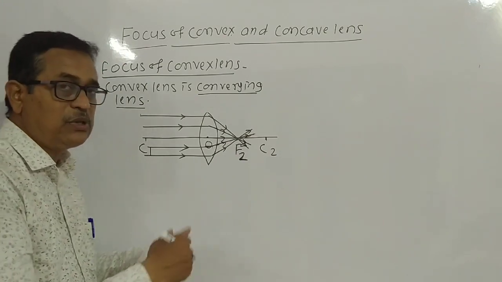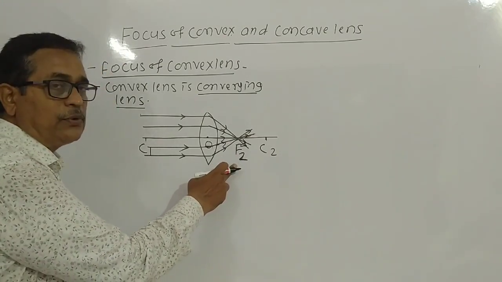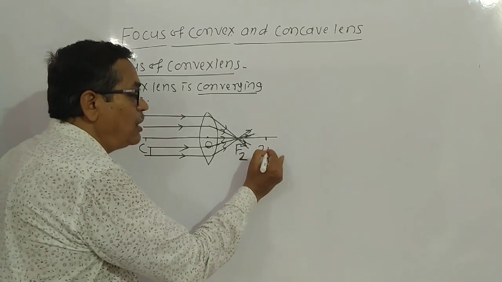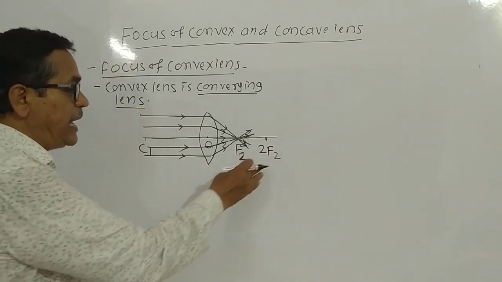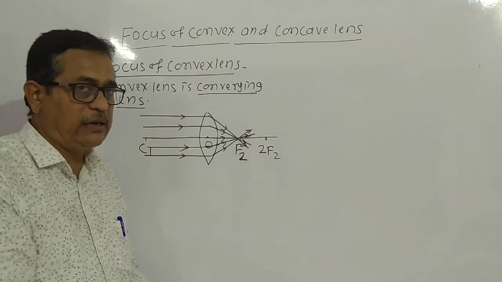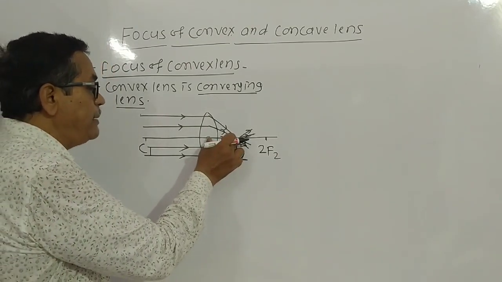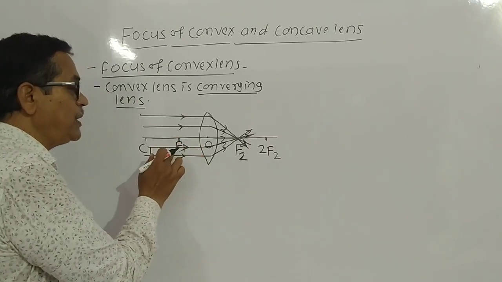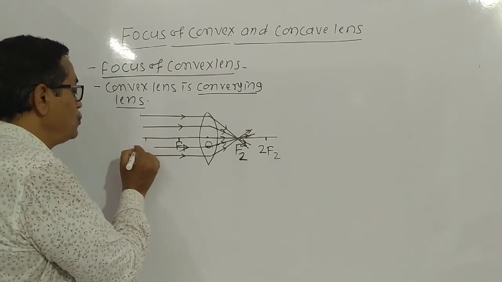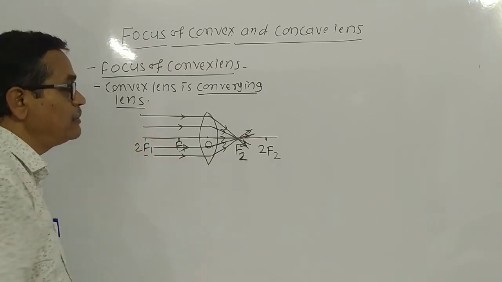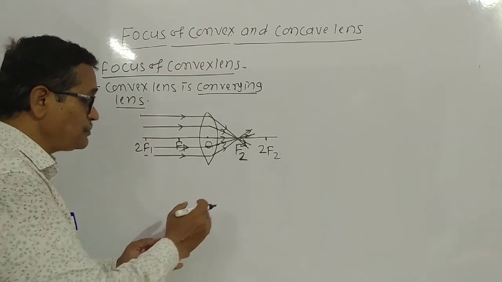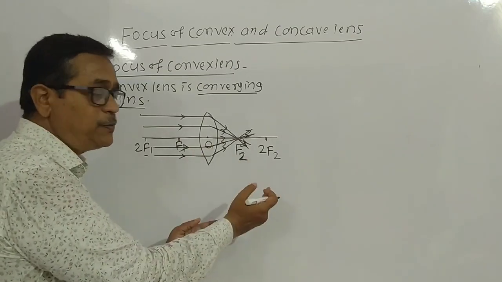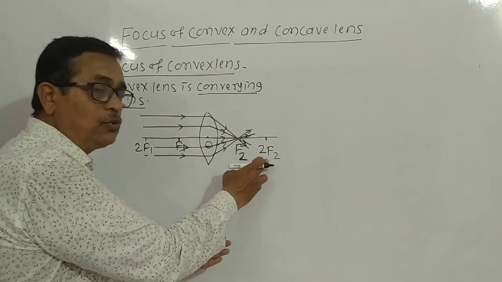The focus of convex lens in the second sphere is called F2, and that C2, the center of the second sphere, is called 2F2. Same for the first sphere, because the lens is a part of two intersecting spheres, so the same point at the same distance is F1, a point in the first sphere, and 2F1 is the center of that first sphere. F2 is the actual focus of the convex lens. It is in the second sphere, hence the center of the second sphere is called 2F2.